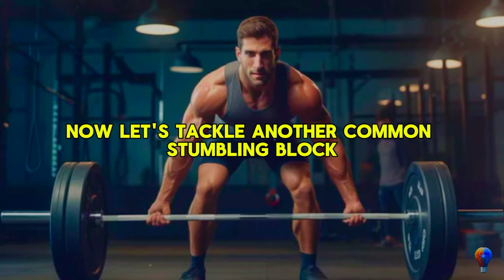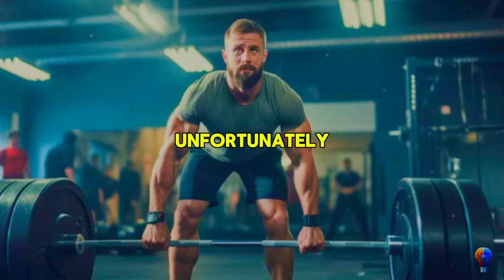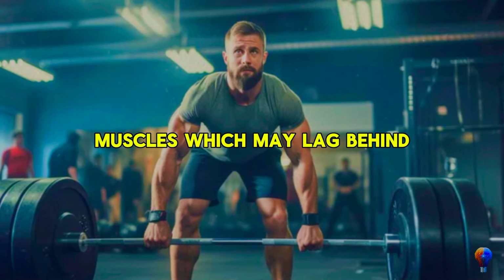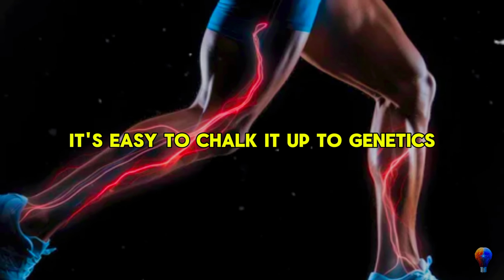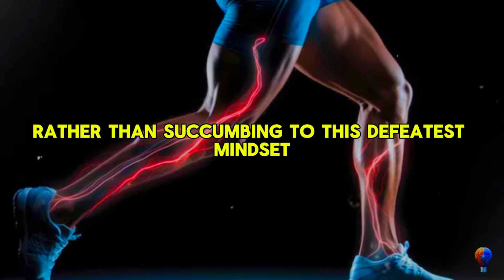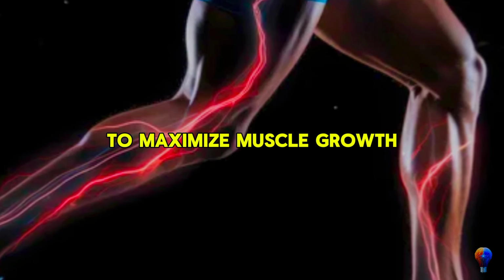Now let's tackle another common stumbling block: letting genetics dictate your destiny. Unfortunately, some lifters find themselves at odds with their calf muscles, which may lag behind despite a robust upper body and well-developed quads and hamstrings. It's easy to chalk it up to genetics and throw in the towel. However, rather than succumbing to this defeatist mindset, consider ramping up your training frequency to maximize muscle growth and capitalize